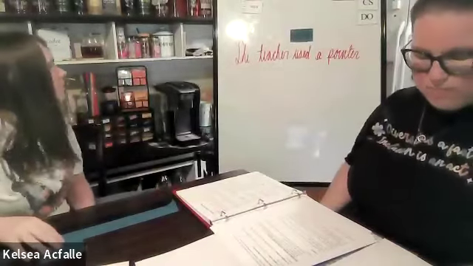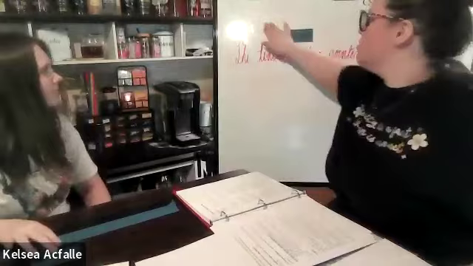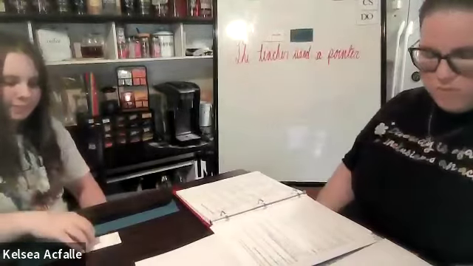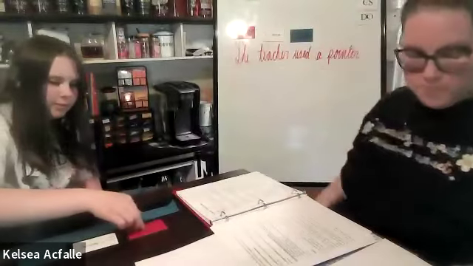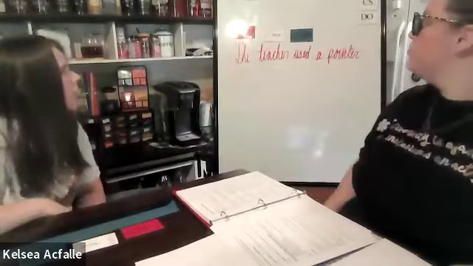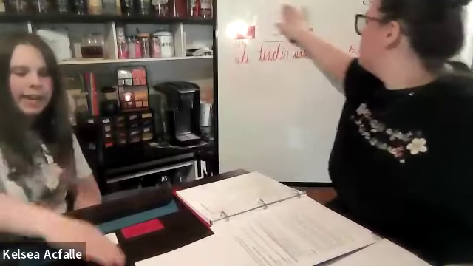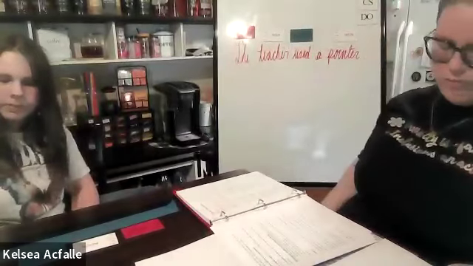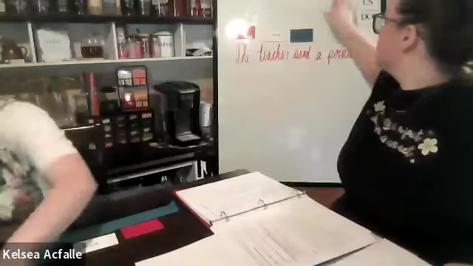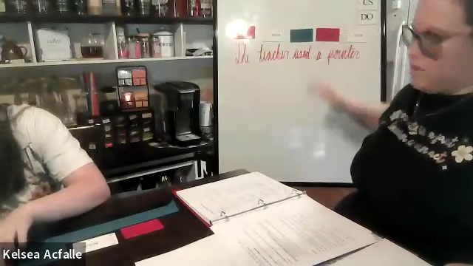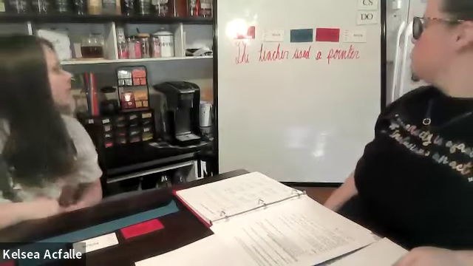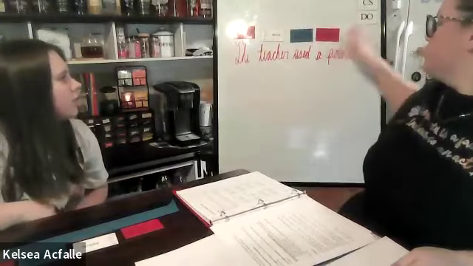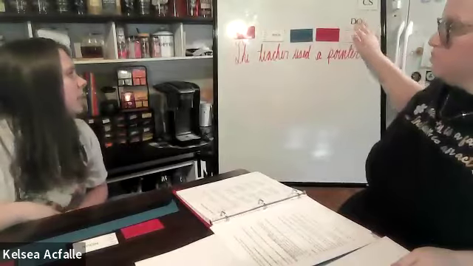Who used? Teacher. Teacher is our noun. What type of teacher? The article. Yep. Used what? Pointer, which is a noun. What type of pointer? A pointer, which is an article. Good. Do we have a noun to receive the action verb? Yes. What is it? Pointer, which is our direct object.